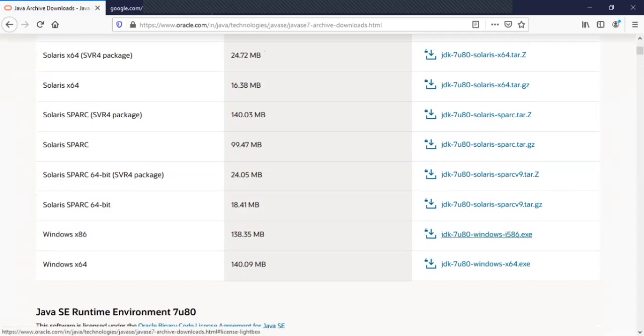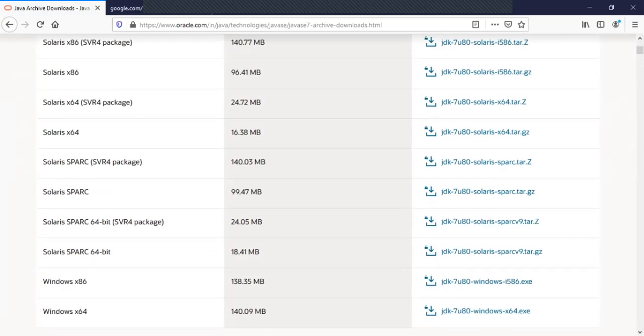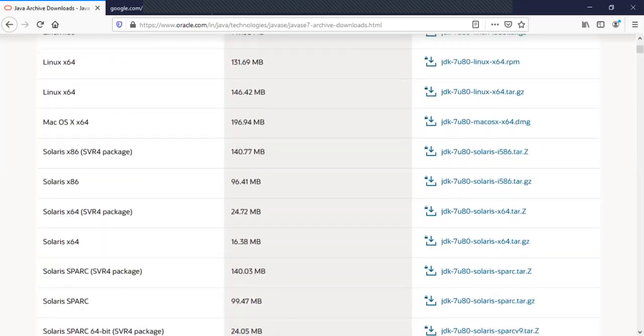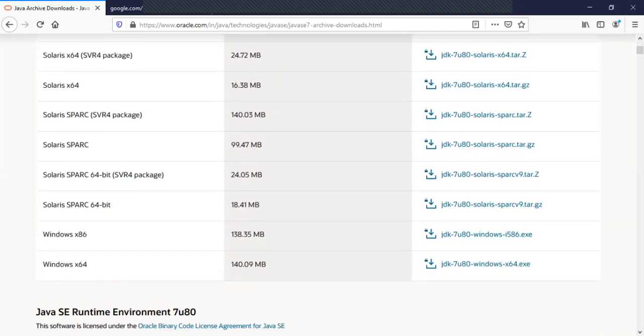And you can go to download according to your computer organization or computer operating system and what type of machine you are using. And this is also available JDK for Linux, Mac, Solaris, and different Linux also. You can download this one and later start installation.